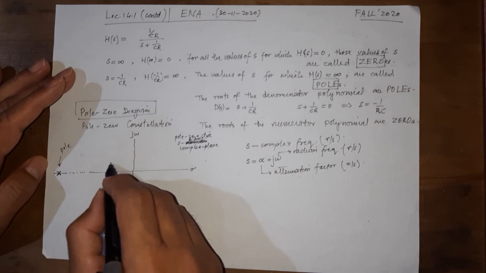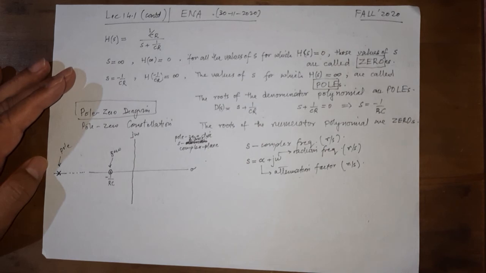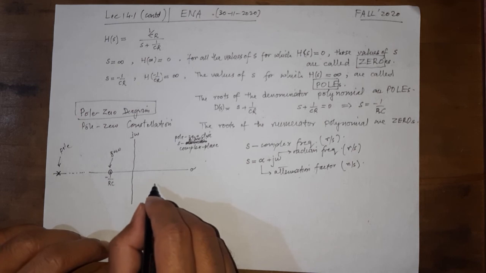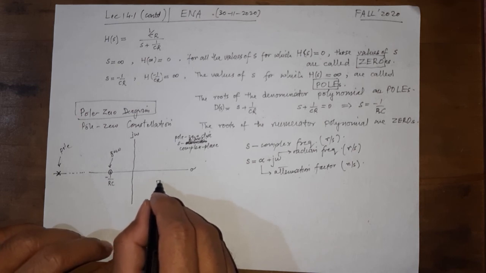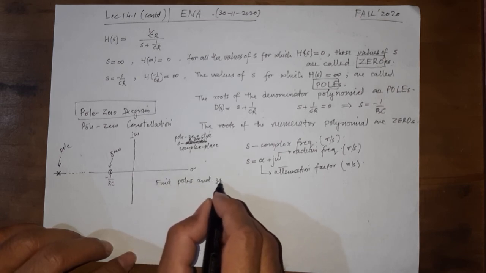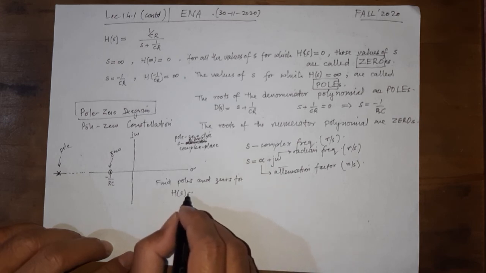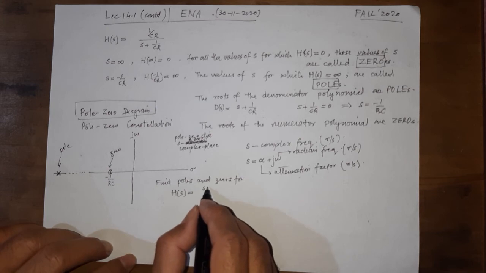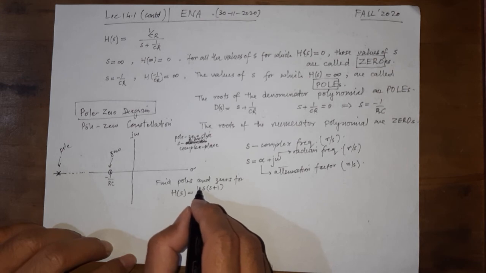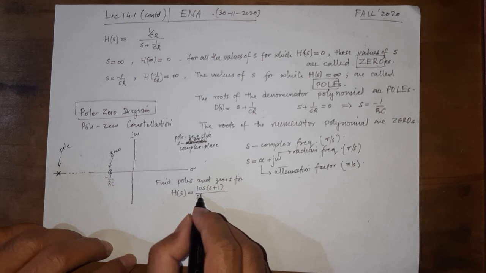So this is the graphical depiction of a pole and a zero. This is for the circuit that we were studying, but if I now ask you to find the poles and zeros for some transfer function, say that is s into s plus 1, say there is some constant here as well, over s plus s.